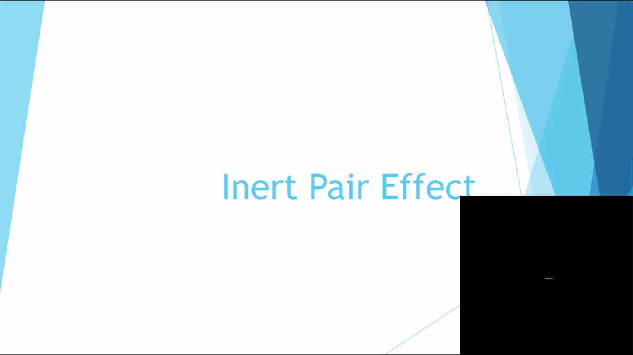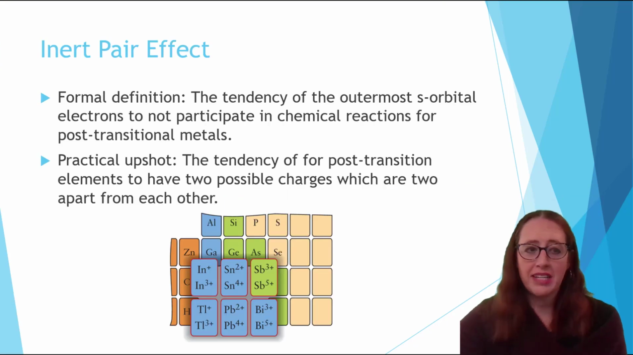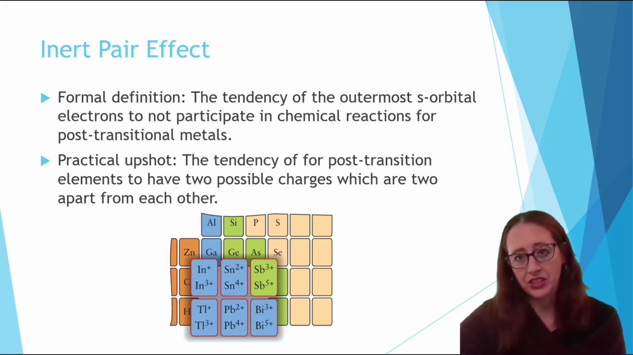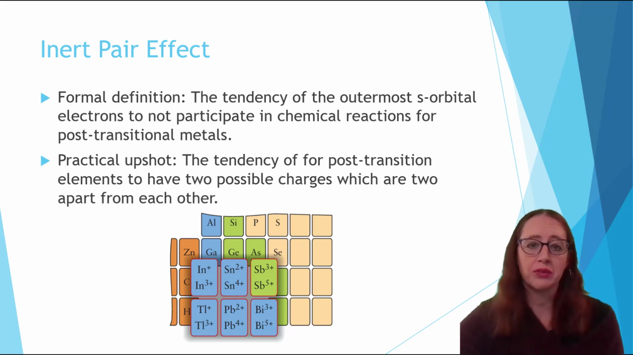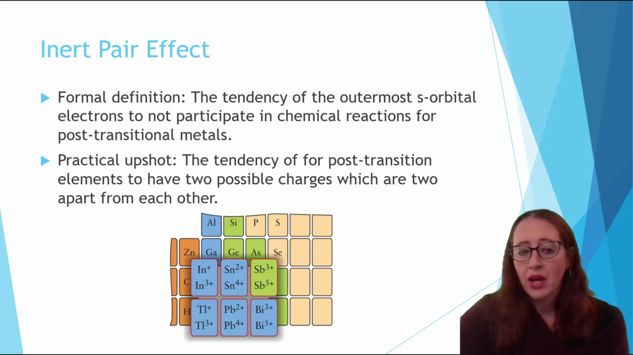The inert pair effect. The formal definition of the inert pair effect is the tendency of the outermost s electrons to not participate in chemical reactions for post-transitional metals. Now, what is the practical upshot of this? Well, in this area of the periodic table that you see right here,